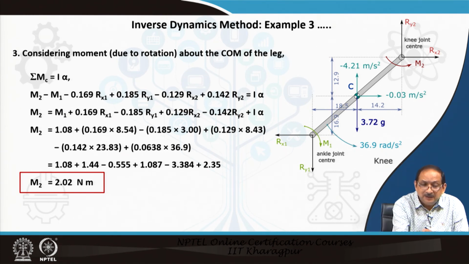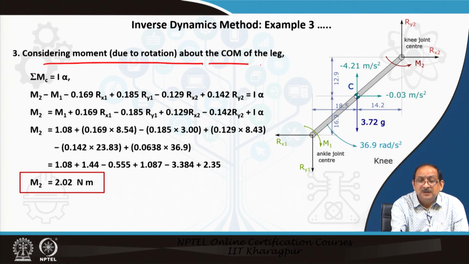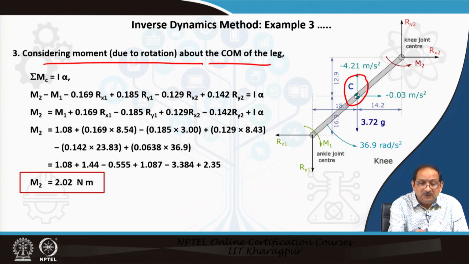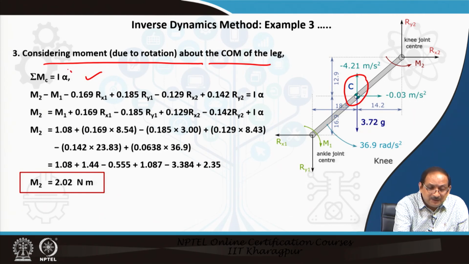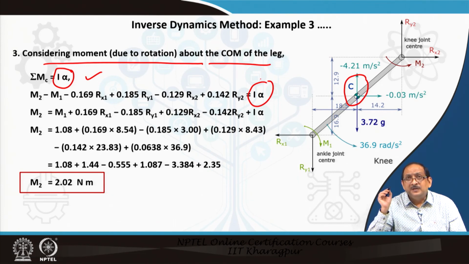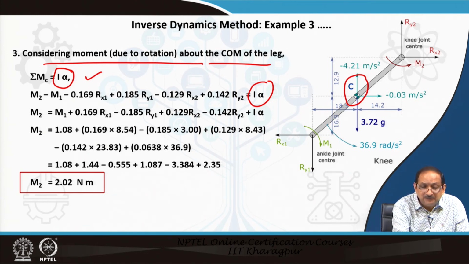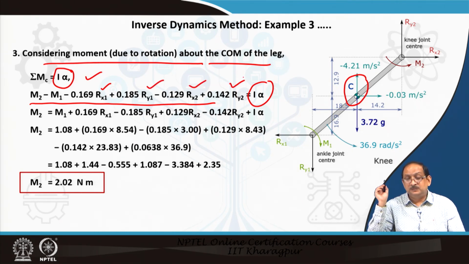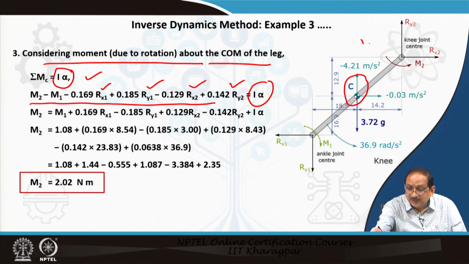So, considering moment about the center of mass of the leg, that is the C, we can write down the equation of the moments, and you can see on the right hand side we have the I alpha, the moment of inertia multiplied by the angular acceleration, and on the left hand side we have the moments M1, M2, and moments caused due to Rx1, Ry1, Rx2 and Ry2. Considering the free body diagram of